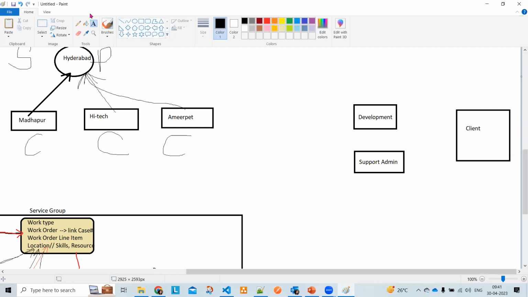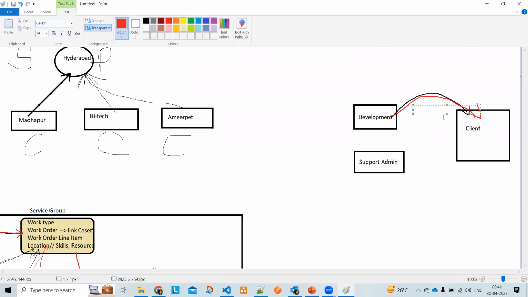Now the development team, once they are done with implementing the project, what they will do is deploy to the client org. That means they push all their code to the client. Once they push, that means once the deployment is done,